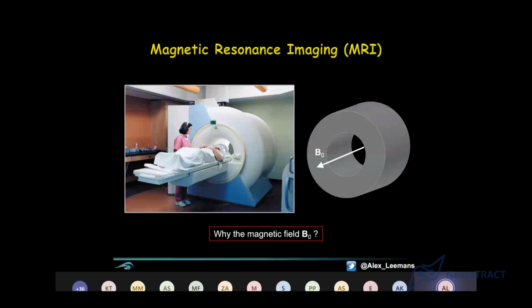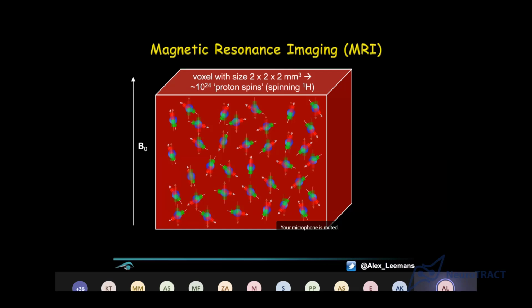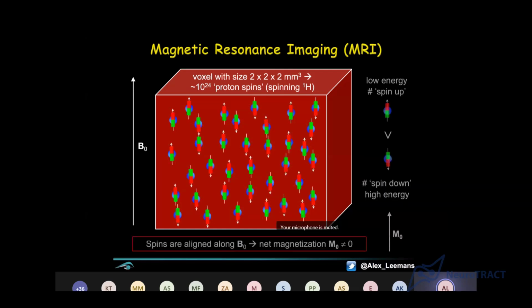In MRI, you're aware we're looking at a very big magnetic field, a big magnet. Why is this important? Well, if we now put a subject into the scanner, then thinking again of this voxel, all these little bar magnets will now be aligned along this main magnetic field. And you'll notice that the low energy spins,